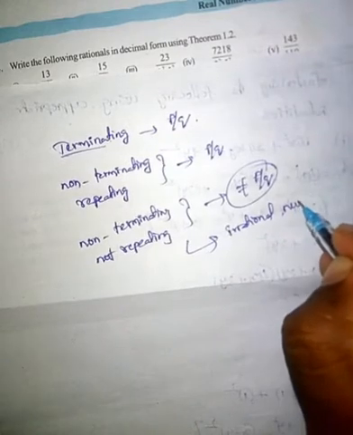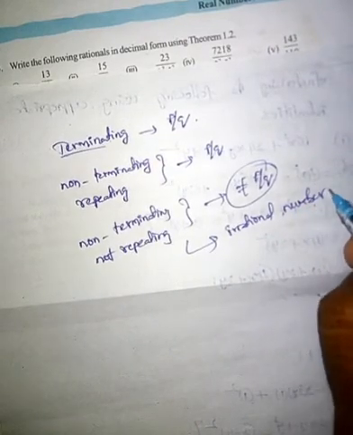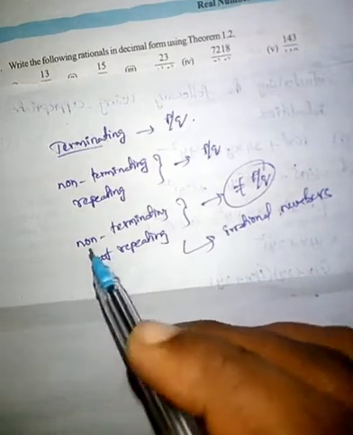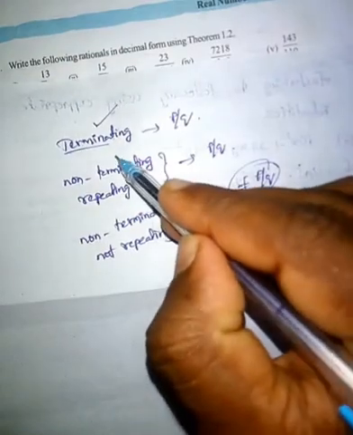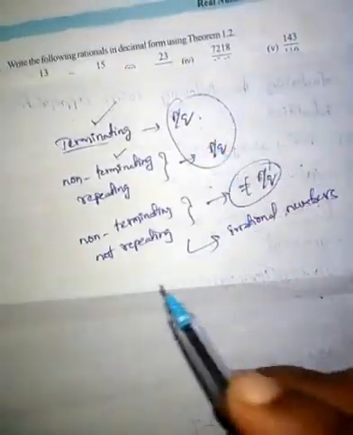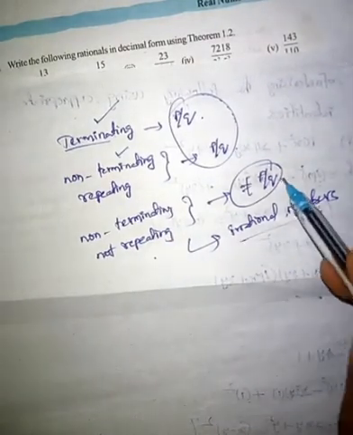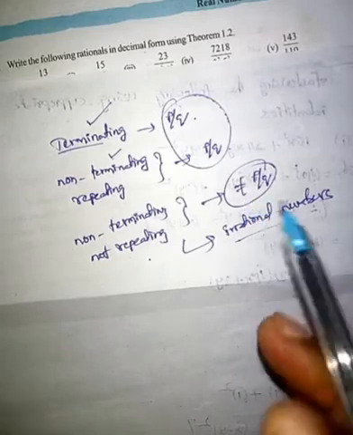So what are irrational numbers? The numbers which are not in the form of p by q are called irrational numbers. So we can express only terminating decimals and non-terminating repeating decimals in the form of p by q. We can't express the non-terminating not repeating decimal in the form of p by q. Okay, so